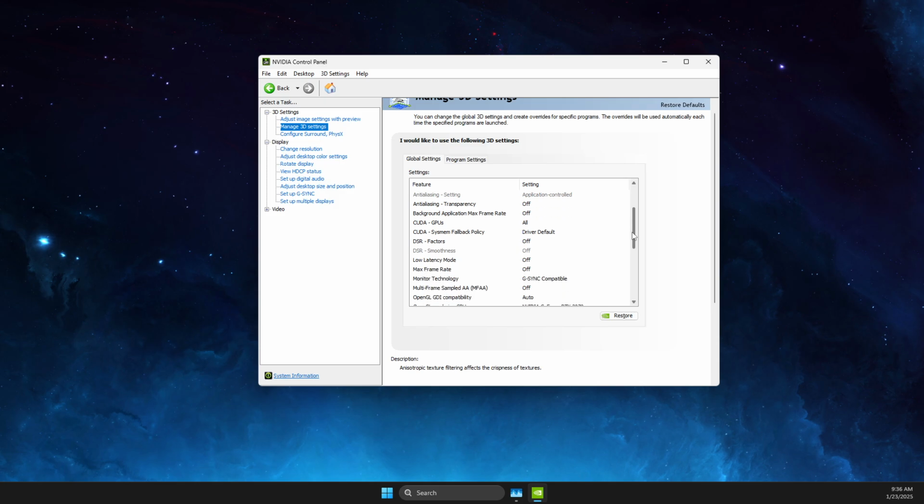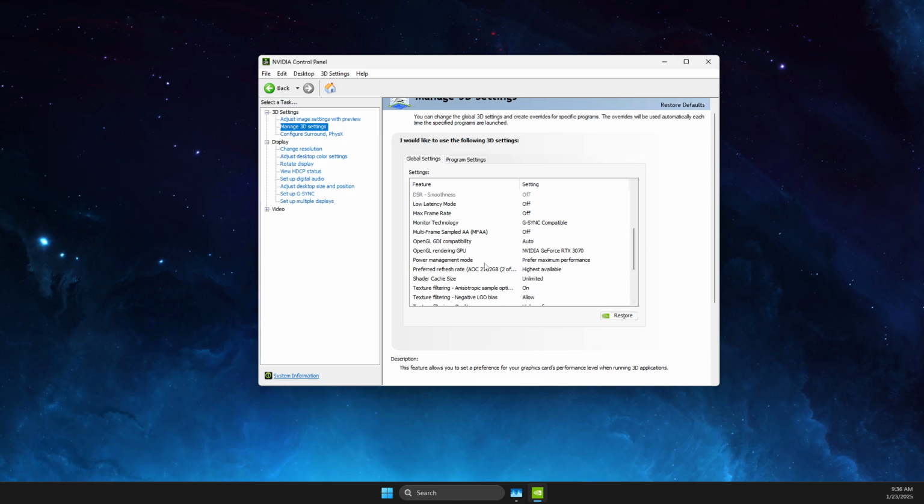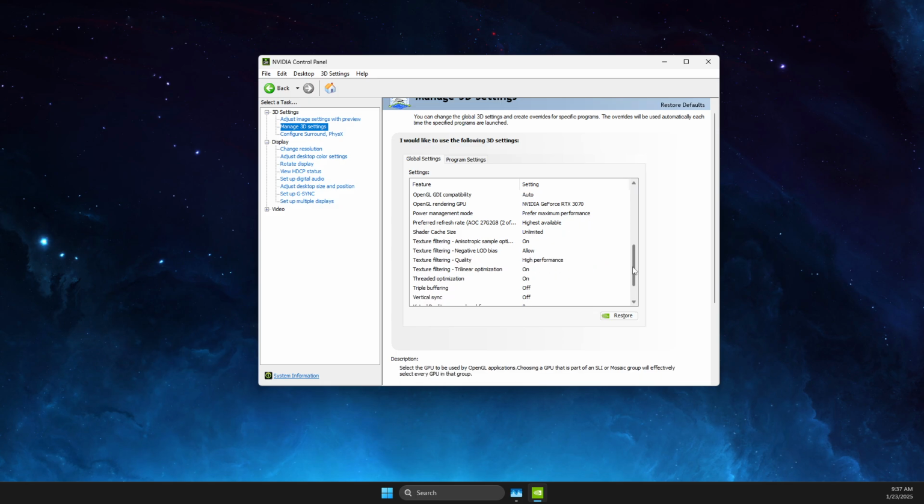First of all, you need to scroll down until you see monitor technology. Make sure to be on G-Sync compatible. If it's not available for you, go with fixed refresh, right? Next thing you need to do here, you need to find power management mode. Make sure it's prefer maximum performance, refresh rate highest available, then texture filtering anisotropic sample optimization, make sure it's on, then